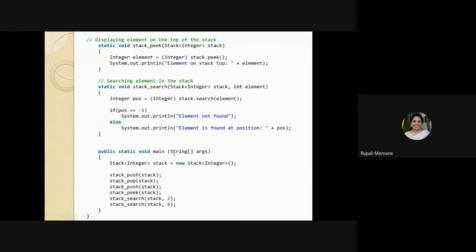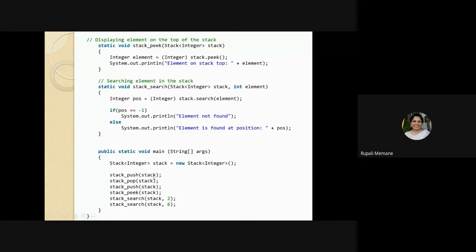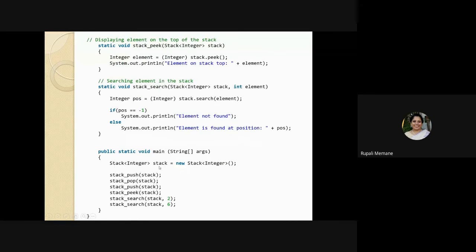So the main method I write, public static void main, then I create a stack. We have seen the constructor for stack. So Stack<Integer> stack will be new Stack<Integer>. And now I'm going to use all the methods. So what is the object of it? So stack. I call the method stack_push. Now what are the parameters we pass here in stack_push? The integer. So stack_push. Now what parameter? Here it is saying Stack<Integer>. So what is your object name? Your object name is stack. So you are going to pass that. So stack_push(stack).